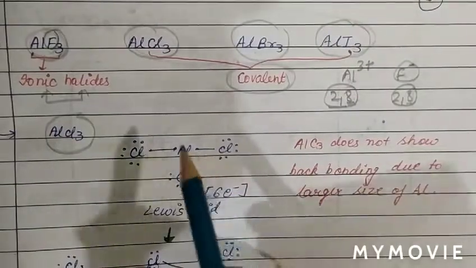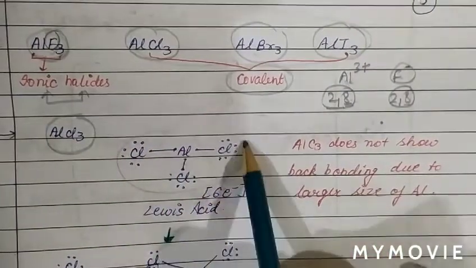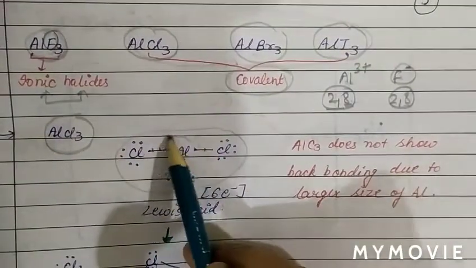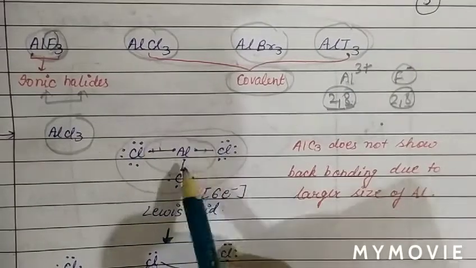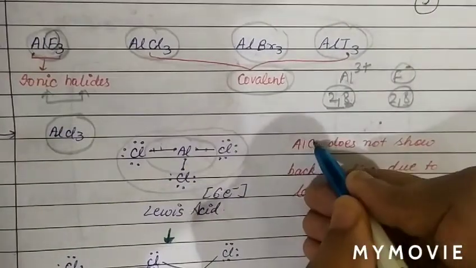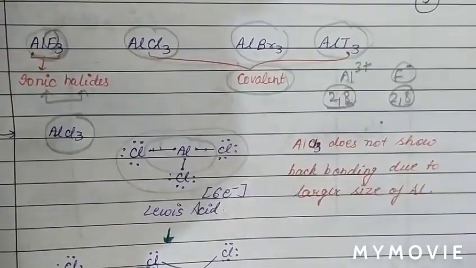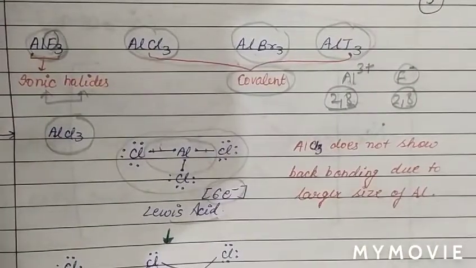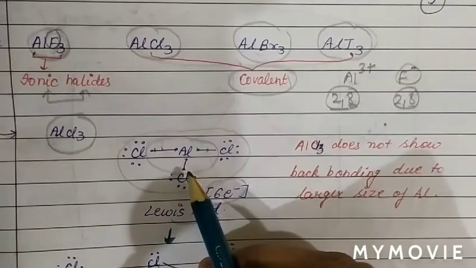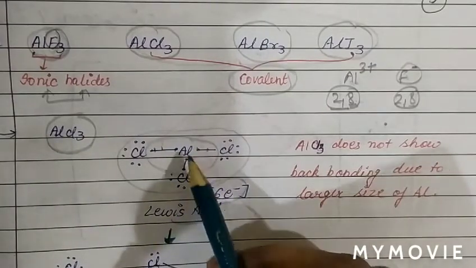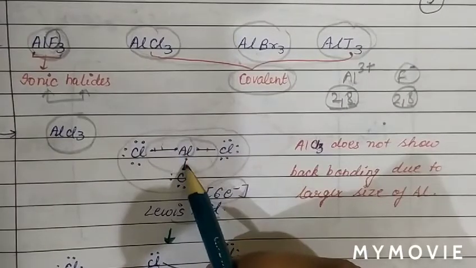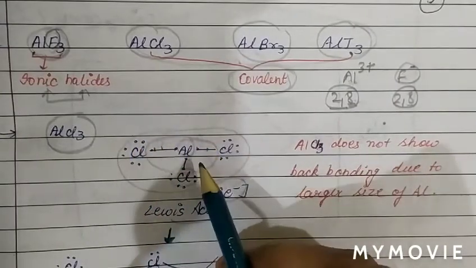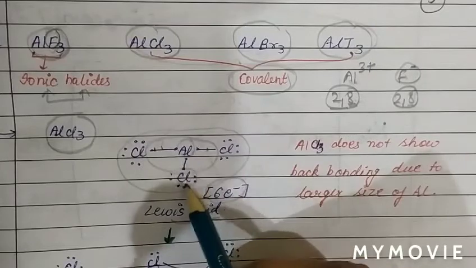In the case of AlCl3, we can see there are 3 covalent bonds around aluminium. So only 6 electrons are there, due to which this behaves as an electron deficient compound. So AlCl3, due to incomplete octet, with only 6 electrons, behaves as a Lewis acid. But in the case of BF3, we have discussed that the electron deficiency of boron is completed by back donation, meaning back bonding between fluorine and boron. But in the case of AlCl3, it is not possible to form back bonding.